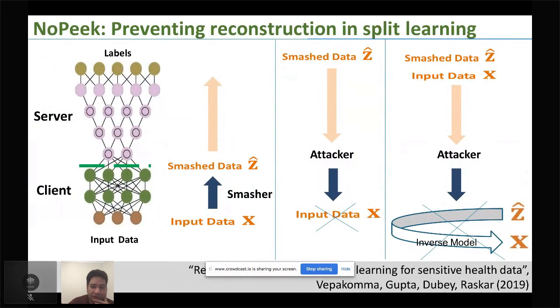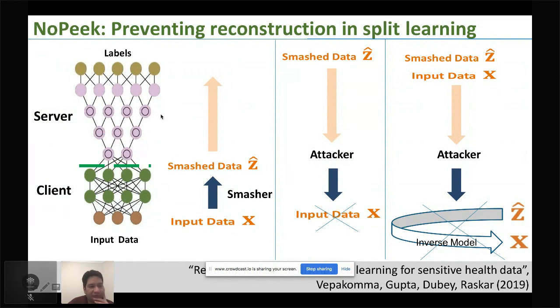One of our approaches from our lab itself on the privacy front has been in terms of preventing reconstruction attacks, which is, once you do the communication to the server, can a threat inside the server reconstruct the raw data of the client? We want to prevent that, because the data during the communication is encrypted, but once it's at the server, it's decrypted, and it can certainly reveal a lot of things about the raw data by itself, or some statistics about the raw data. So what can we do to squeeze that information out so that the reconstruction attack that the server does is not good enough to go back, but it's good enough to go forward to do the classification?